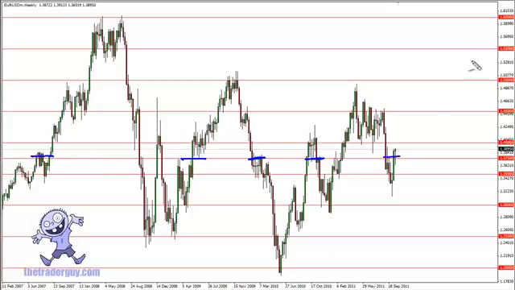But the reason I brought all of this up was a lot of people don't understand support and resistance and how easily it can be used. No matter what type of trading you're doing, you should be aware of it. Now, the next thing that I'll bring up, and unfortunately I see a lot of people doing this, what they'll